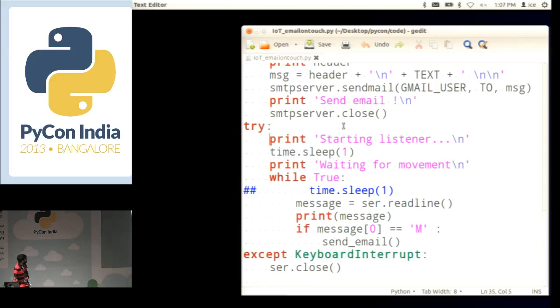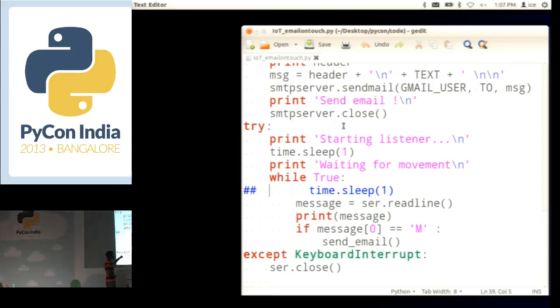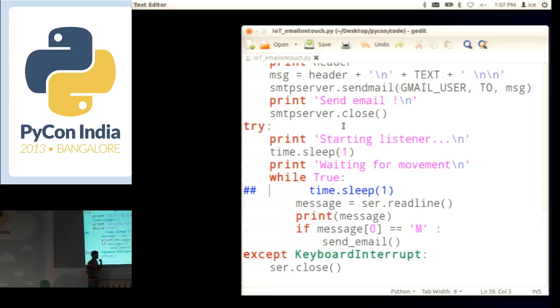I just print starting listener here, wait for a second, and then print waiting for movement. Inside this loop, I'm just waiting for a message to come. I read the message over here and store it in a variable called message. I print the message, and if the first character of the message is capital M, remember, in that case it was movement detected, I simply call my function send_email. Quickly executing this code,